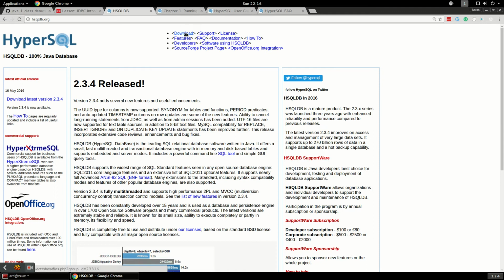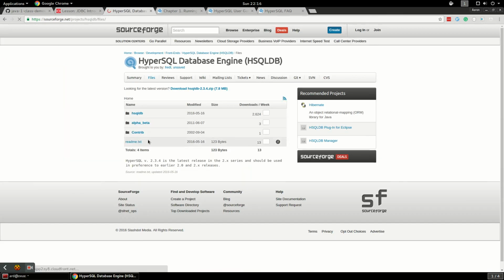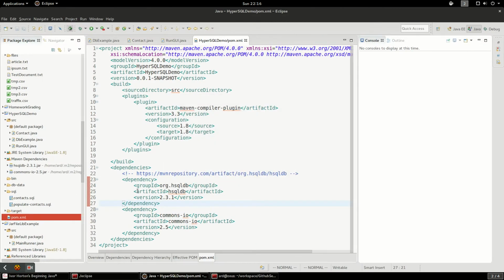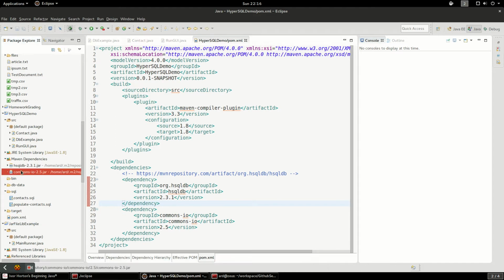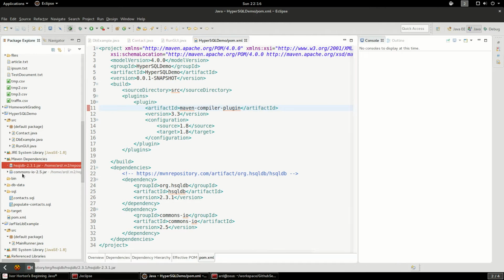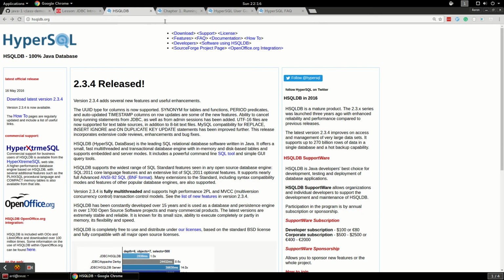They have a downloads page where you can get the jar file, but I'm going to say don't do that. Go ahead and go to Maven Central and pick up the dependency from Maven. And I've already done that here in my project. I've got my Maven project already created, so I already have my dependencies downloaded here. So HyperSQL,